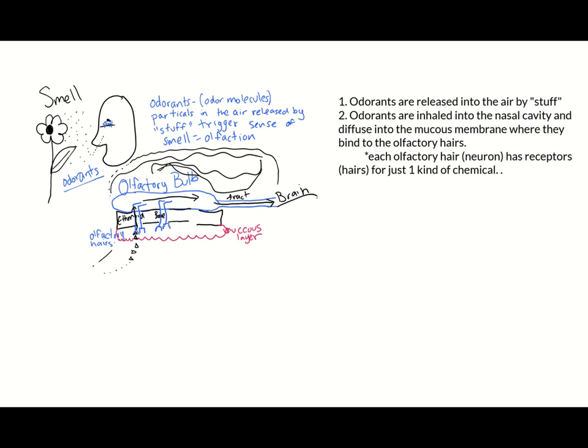Something important to point out about the olfactory hairs is that each olfactory hair or neuron is going to have just one type of receptor or one type of hair. So if you think back on our picture, we drew the little hairs or the little receptors having different shapes at the bottom. And so that shows you that each hair is made for just a